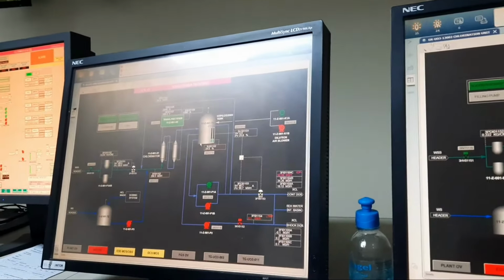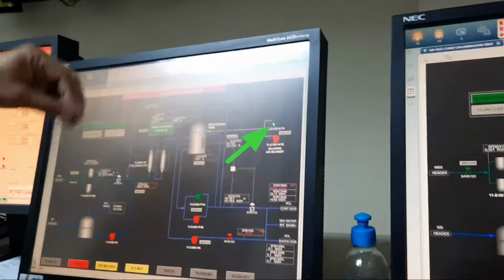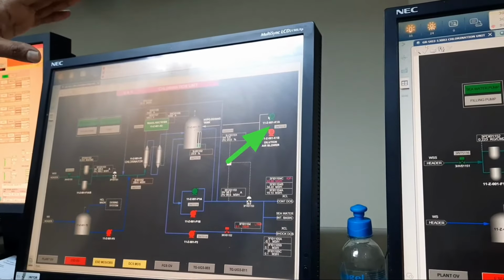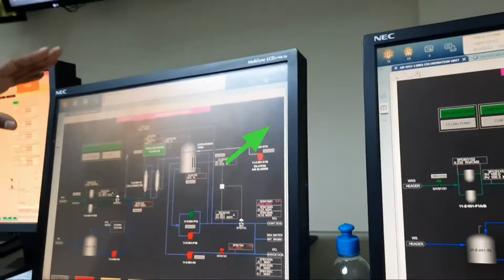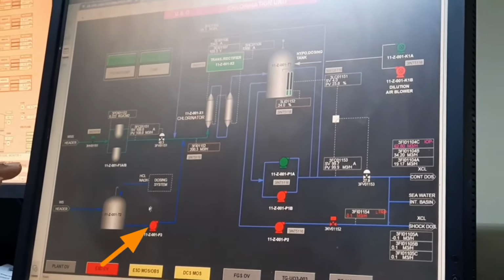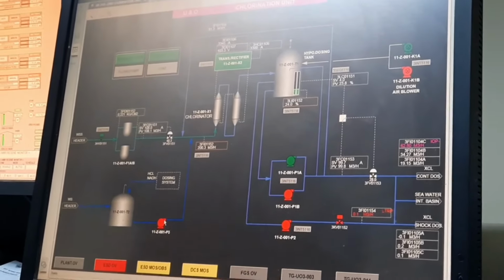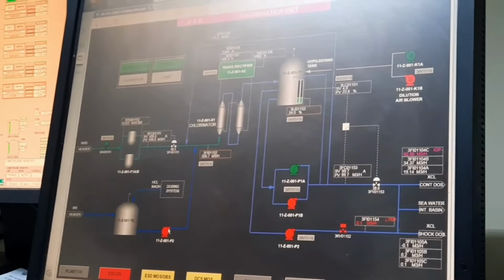So this is our shock dosing pump. And this is our continuous dosing line, and this is the blower. The blower is used for releasing the hydrogen. And if there is any problem, we use acid cleaning. For the purpose of acid cleaning we use this tank and this acid cleaning pump, and we also use another portable pump for dosing the sodium hydroxide.